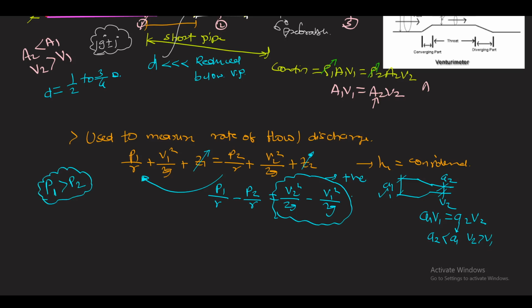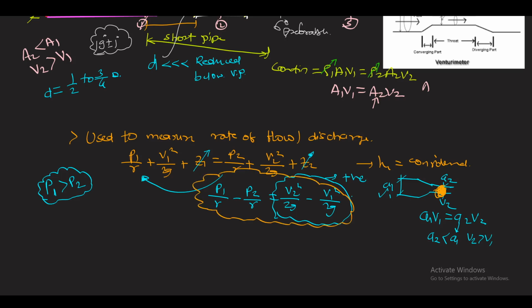So what actually Venturi did here, he reduced the cross sectional area of the pipe, correct? He reduced the cross sectional area. So due to that, what happens? The velocity is increased, correct? The velocity at this second portion is increased. So due to that increase in velocity, a pressure difference is created. And once I measure the pressure difference, I can easily find the discharge. So by using that equation, I can easily find the discharge.